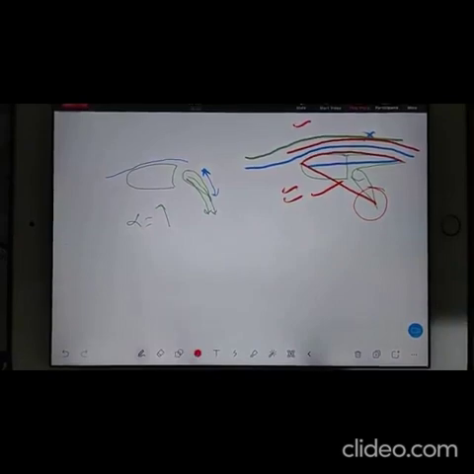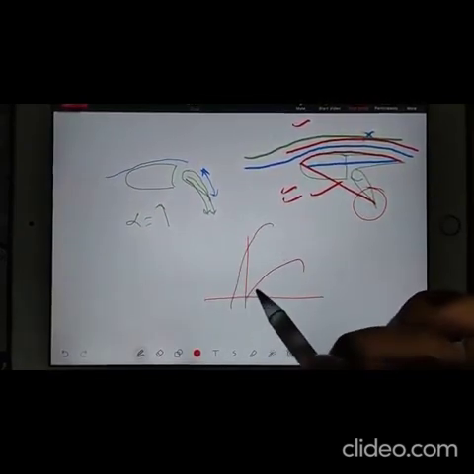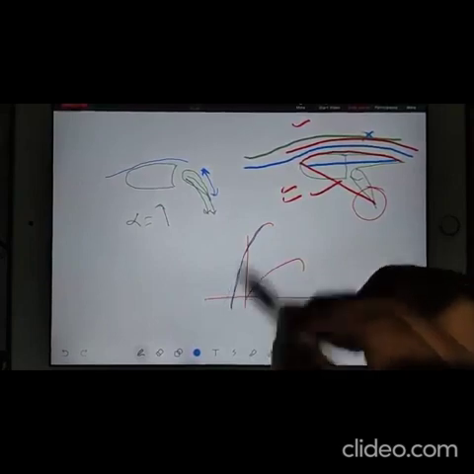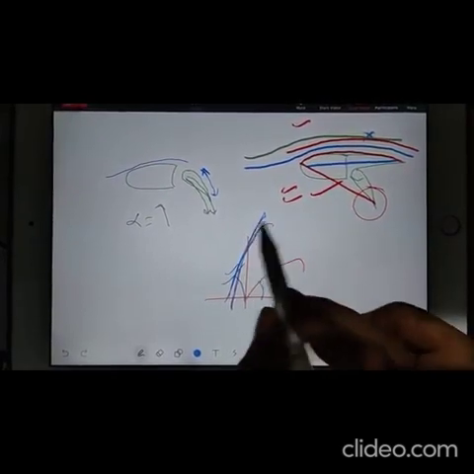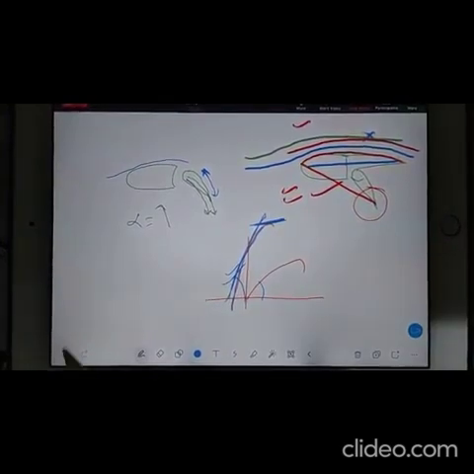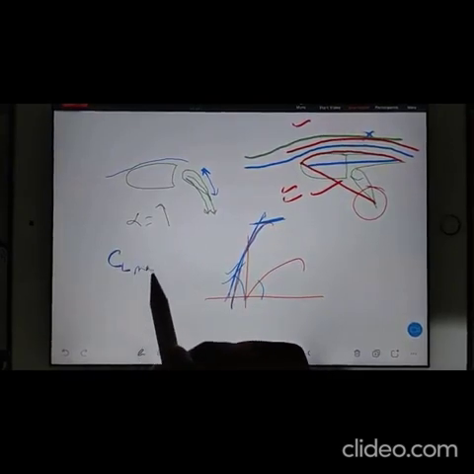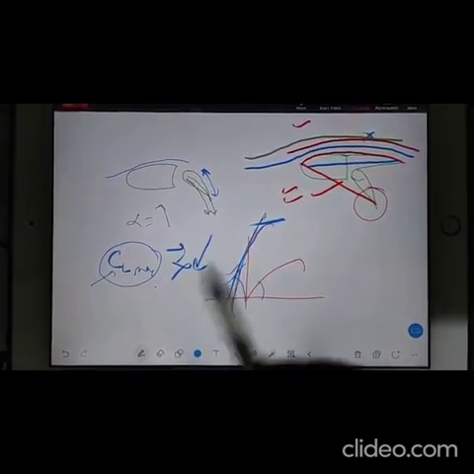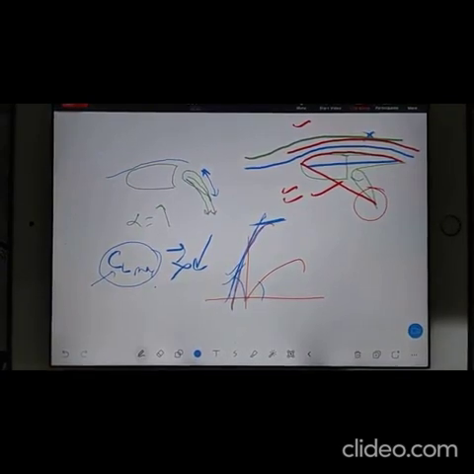So if you compare a normal flap and a split flap, it goes like this. In the case of a split flap, your slope is also stronger, I mean more slope, this angle and this angle. This angle is more for the split flap, and CL max is also more. Question is, what is CL max? CL max is the value of CL after which the aircraft will stall. Correct?